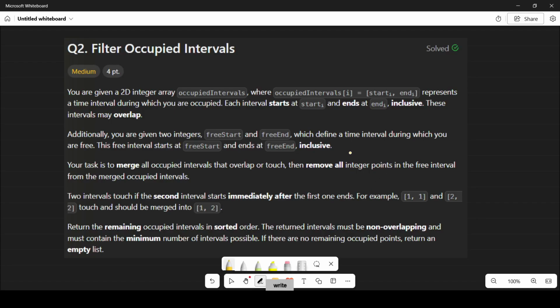I am Aniket and today we will discuss question 2 from LeetCode contest, that is filter occupied intervals. Let's read the problem. You are given a 2D integer array occupied intervals where occupied[i] denotes start i to end i, and start i denotes the start time and the end i denotes the end time in which you